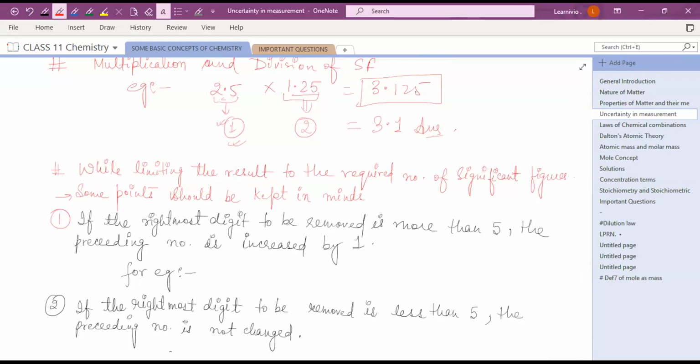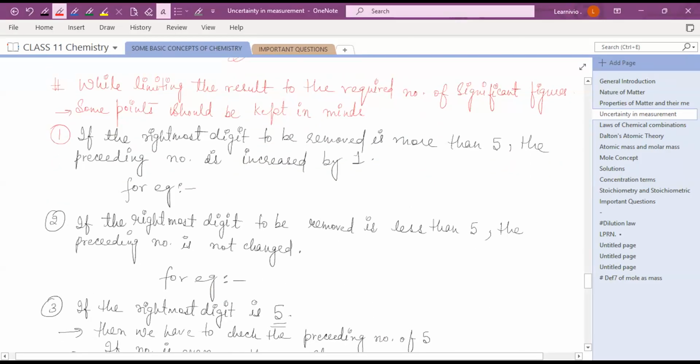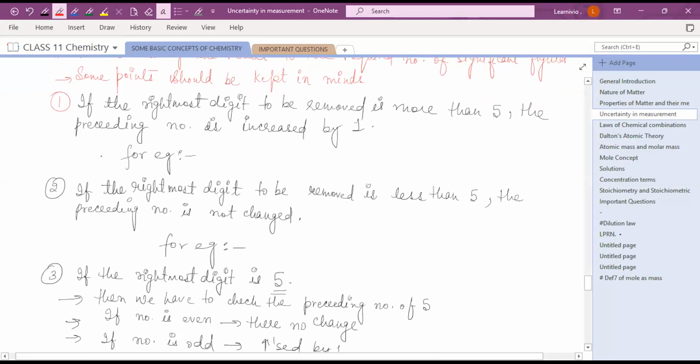Done, ma'am. Okay, next: if you have to limit the result to the required number of significant figures, for example, if it is given in a question to find the answer till two significant figures or three significant figures, what will we do? Let's see. There are some rules we should keep in mind. First rule: if the rightmost digit to be removed is more than 5,